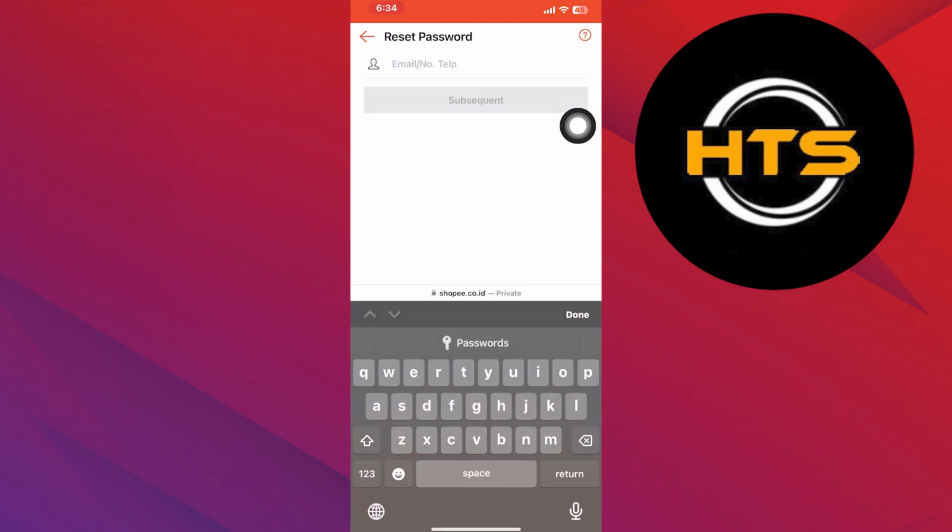Now, you will need to enter your phone number and the code that you receive. After entering the code and your number, you should be able to recover your account. Once you've successfully reset your password, you can log into your Shopee account using your phone number and the new